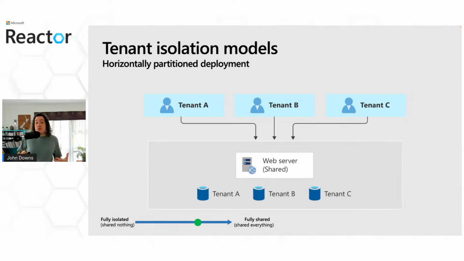Another option is to share some of the resources between all of your tenants, and then in certain parts of your solution, you also dedicate certain resources to specific tenants. Most commonly, this will be something like a database or a storage system, like in the example here. Each tenant gets their own database in this case, but they share the same web server. So if your database tends to be the busiest component of your system, then this means that you can avoid some of the concerns around how one tenant's use of the system might impact another tenant's use. It also makes it less likely that you'll run into some of the limits and quotas that we'll discuss shortly.